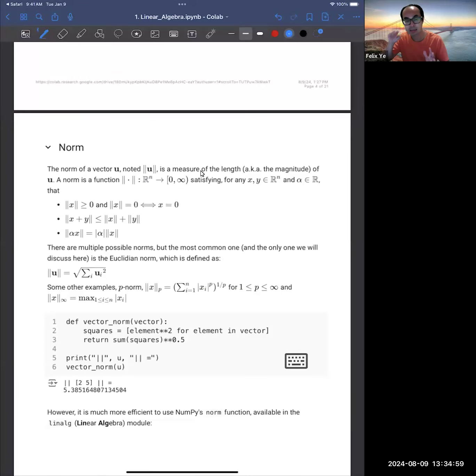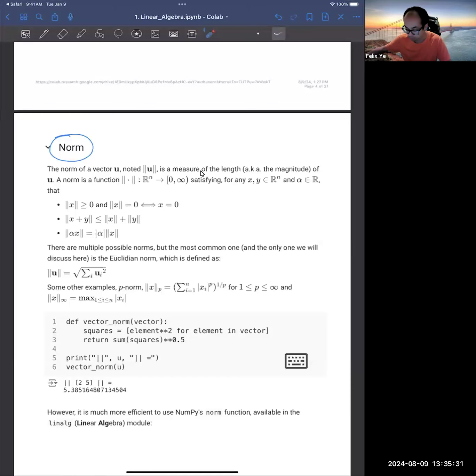Okay, so next is a more mathematical term, which is called the norm of a vector. This is initially defined as the measure of the length, so basically the magnitude of the vector. Abstractly speaking, a norm is a function that maps from the vector space Rn into non-negative real numbers, from 0 to infinity,